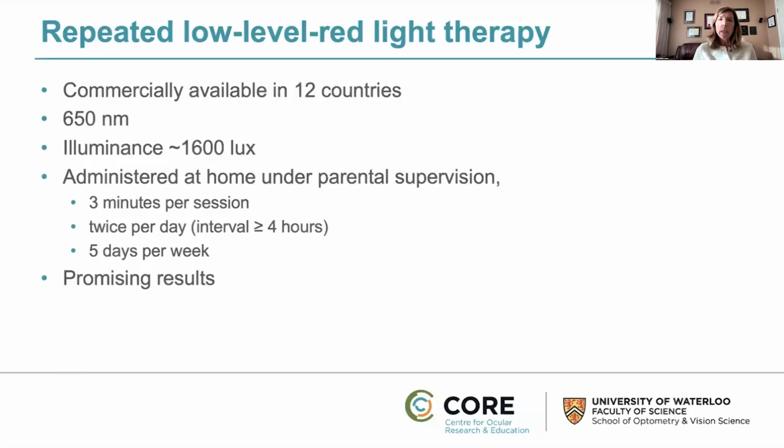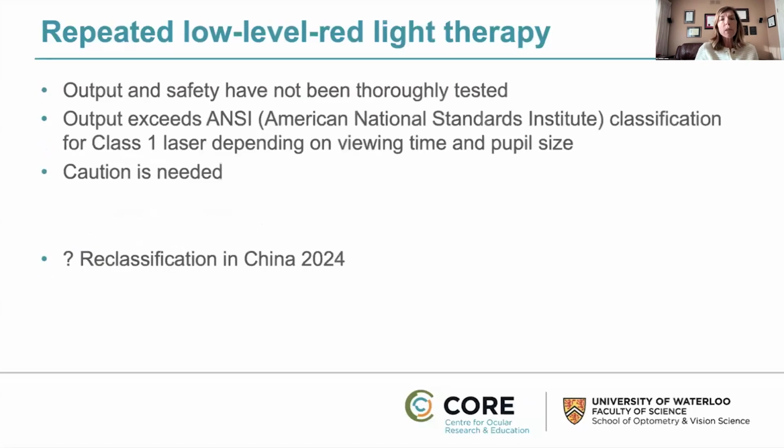I was just talking about, looking at a group of patients in the UK, and actually the compliance with using the instrument was quite poor. Patients forgot, they couldn't be bothered, they lost interest. So even though it's a short time per day, it doesn't necessarily mean you get good compliance. So very promising results, but there are some